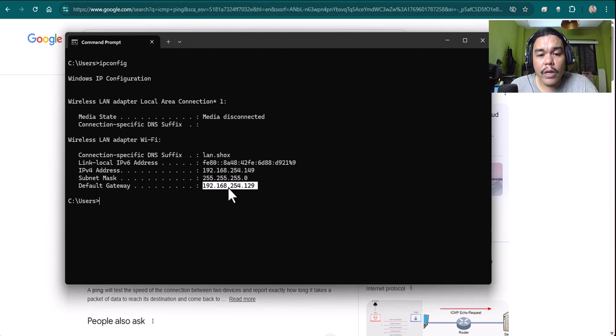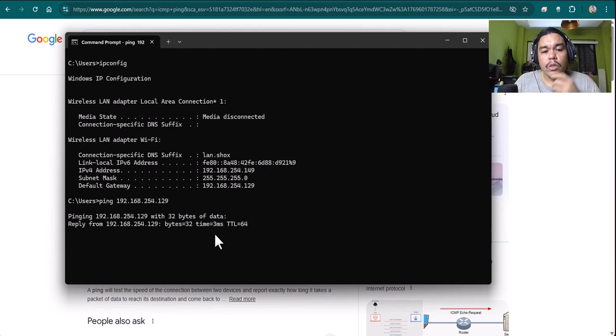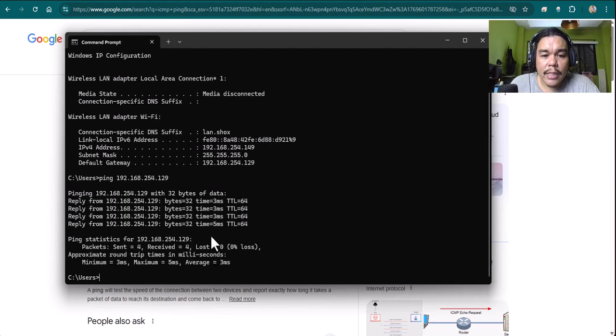If I want to reach that router, I'm just going to ping 192.168.254.129. As you can see, you have a reply from 192.168.254.129. It means that my router replied to my ping with 32 bytes of payload, and the time is